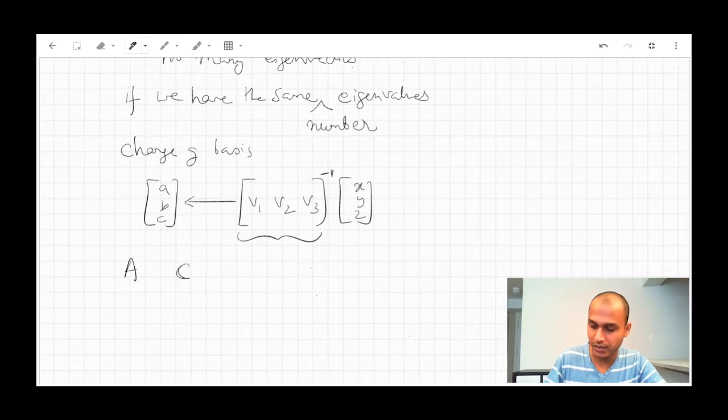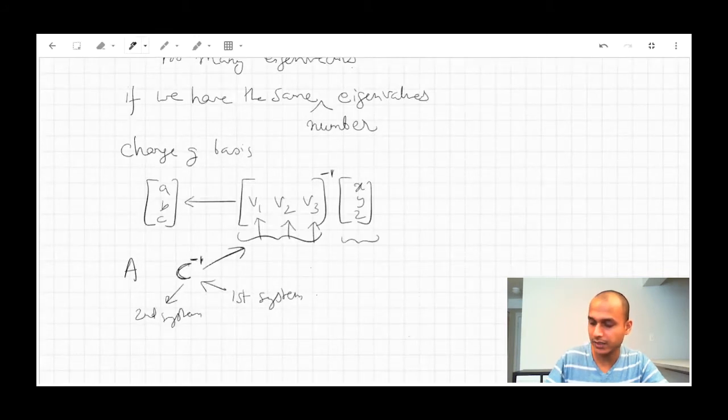Let's call it the C matrix. I want the basis elements to be v1, v2, and v3. So that would be my change of basis matrix inverse if I'm going from the first system to the second system,